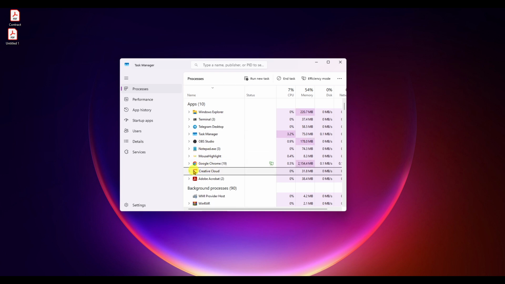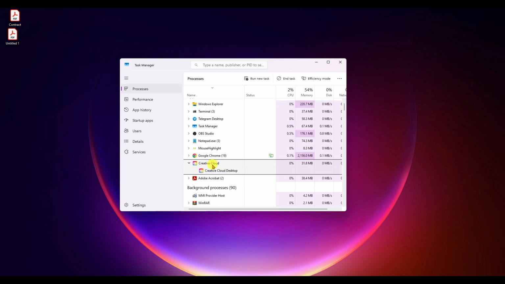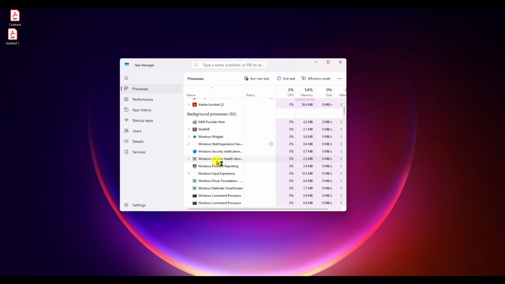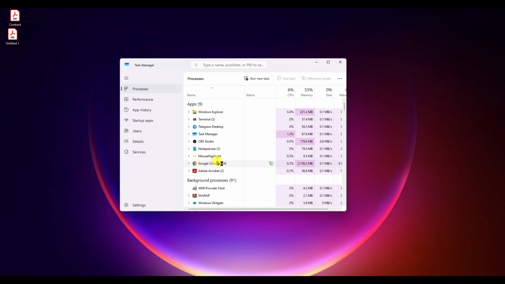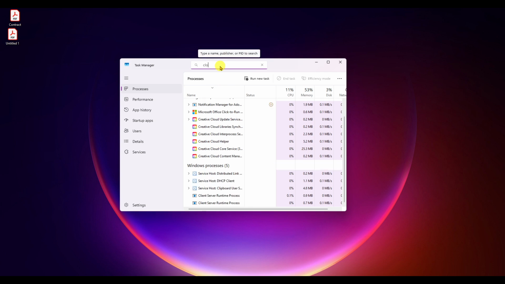With Task Manager open, look under the Processes tab for anything related to Adobe Creative Cloud. You might see entries like Creative Cloud, Adobe Desktop Service, or similar background items. Click Creative Cloud to highlight it. Then click End Task. Repeat this for all Adobe Creative Cloud entries you see. This force closes anything that might be stuck and blocking the app from launching. Just a heads up, ending tasks can close active Adobe apps, so save your work first if anything else is